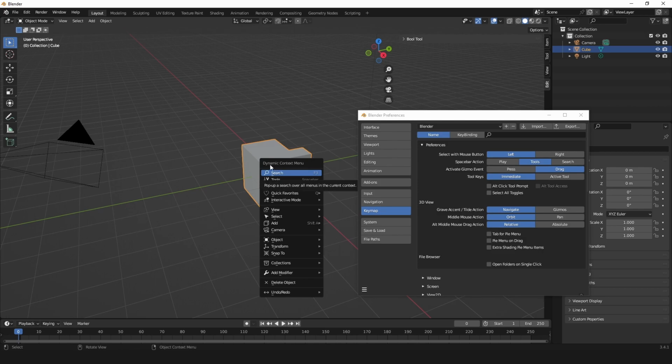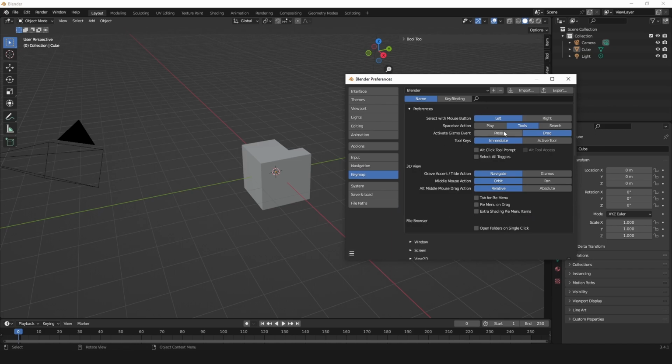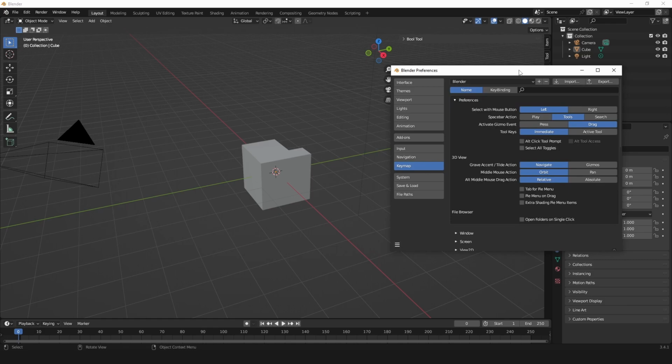And again, I have my dynamic context menu on. This is something I really like having, so I have all these options when I hit spacebar to do a whole bunch of things. And that's good. It makes me happy. Now, here's another thing that I changed for myself, which I don't think most Blender users do,